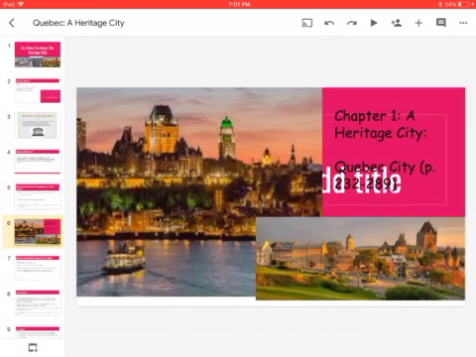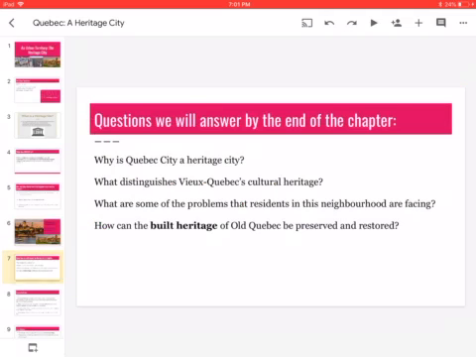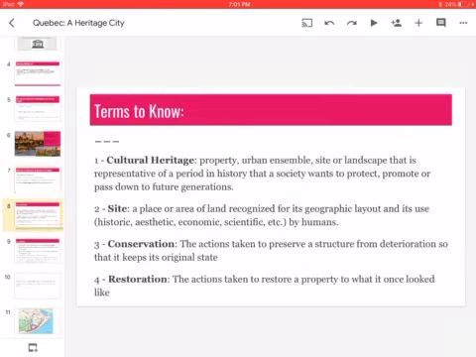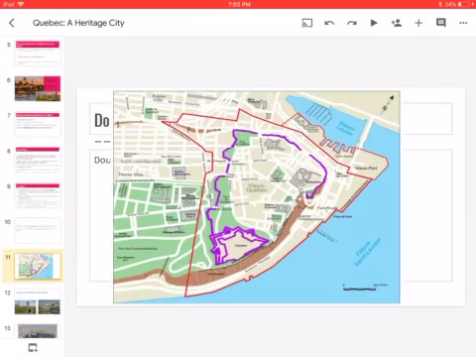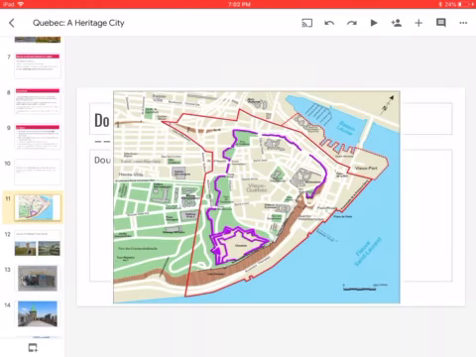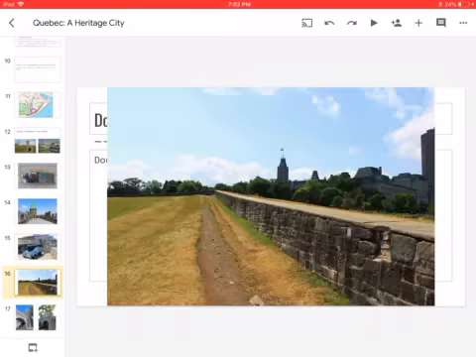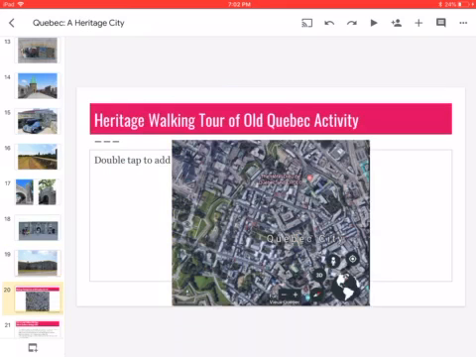So specifically Quebec City, which is Chapter 1, which we spoke about last week. We talked about how the ramparts and citadels and Old Quebec or Vieux Quebec specifically are what make Quebec City a heritage city, something worth protecting. And it is unique because it has maintained its ramparts and citadels, as we discussed. So we saw the map of Quebec and we see here in purple the citadel, and surrounded by all of Old Quebec is the ramparts, keeping it safe, that they maintained. We did also see some photographs. And we're just going to continue talking about this today and finishing up with this chapter.